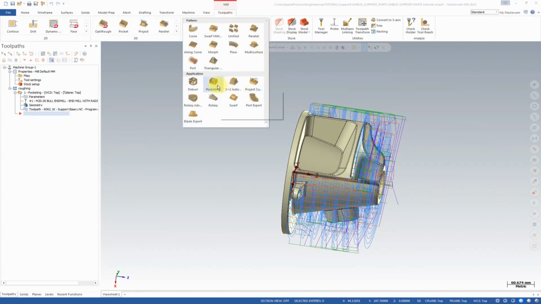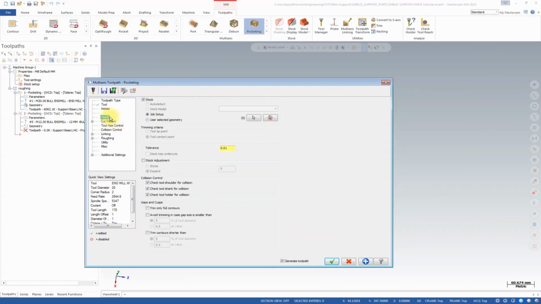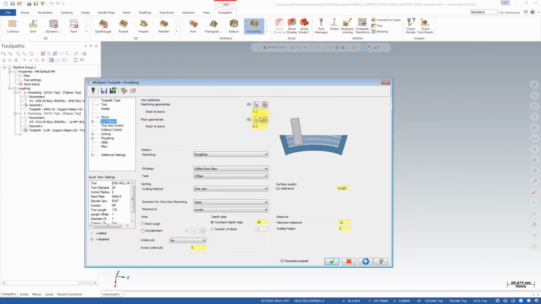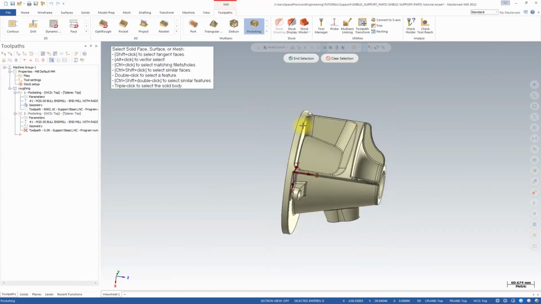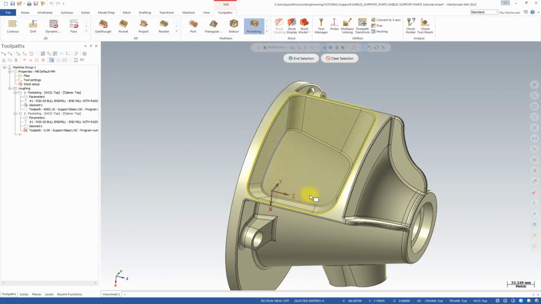shape pocket, and then select pocketing from the multi-axis roughing. I'm going to use 20 millimeters of top edge that the stock will be set before the operation. On the stock cut pattern page, stock leave is 0.2 millimeter on the floor surface, and finish we have to roughing of the machine. Double click the surface, pocketing surface,